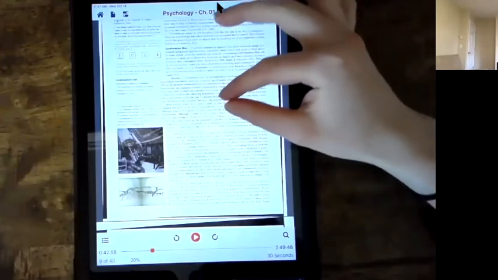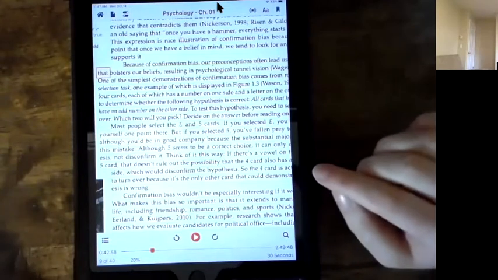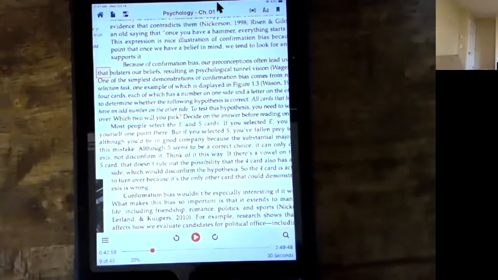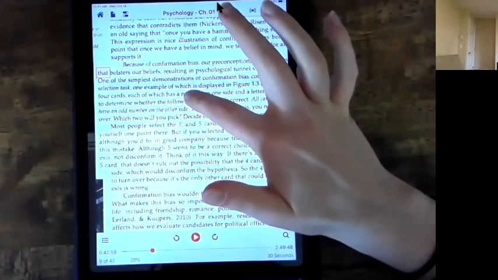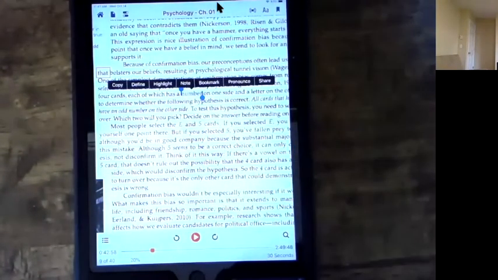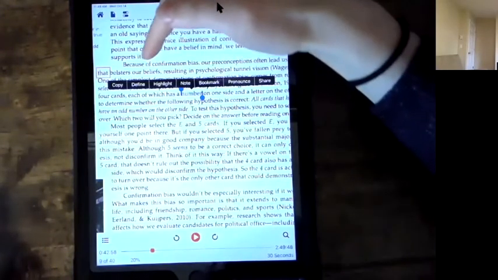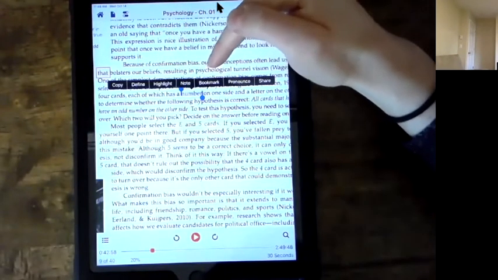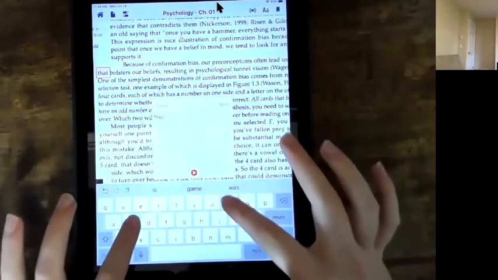For note taking, I'll go ahead and scroll or zoom back in here. The note taking options are available if you tap and hold. So let's say, for example, I wanted to take a note specifically on this word number. I'll go ahead and tap and hold, and then all the different note-taking features appear for me. So of course I can copy or look this up if I wanted to with Define. I can also highlight or make a note or a bookmark. So if I wanted to make a note, I'll select note, and then I can write this is a note,